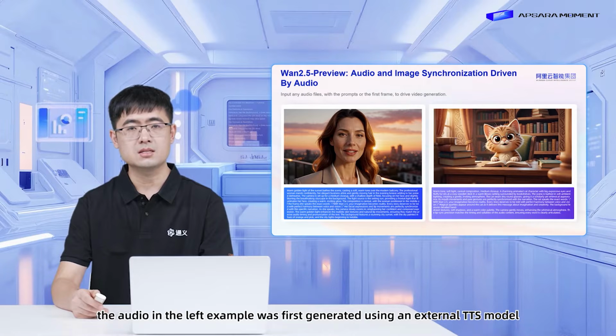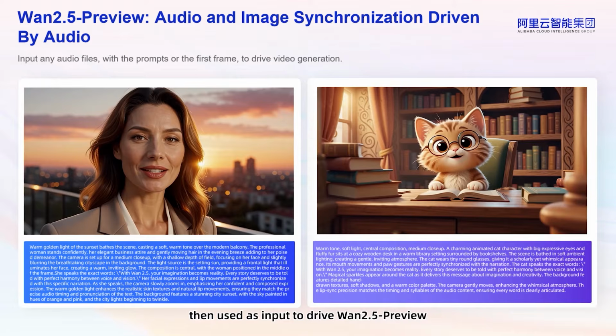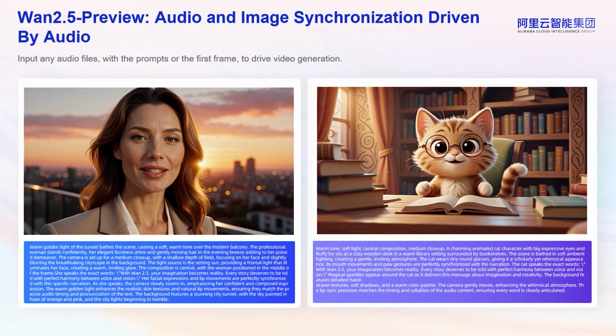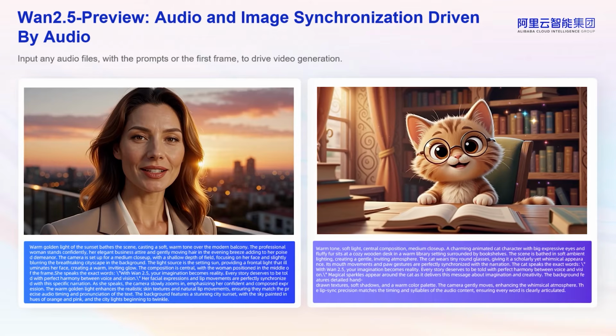The audio in the left example was first generated using an external TTS model, then used as input to drive Wan2.5 Preview. By modifying the prompt to describe a cat speaking the same dialogue,